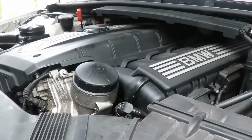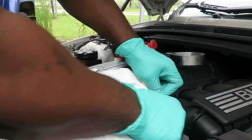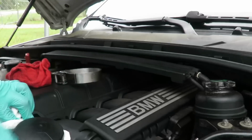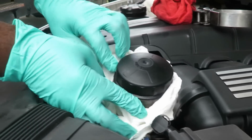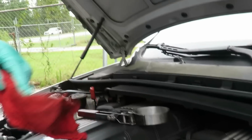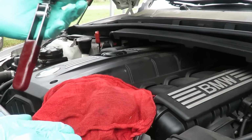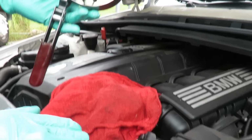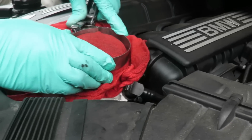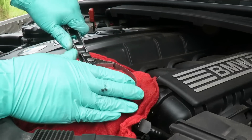So check it out. What we're going to do is first, grab a bunch of paper towels or some old rags, and you want to stick it down around the sides because it will leak some oil out of there. So you just want to get it tucked in like that. Then you want to take your nice rag, place the rag over the oil filter cap, and take your standard size oil filter wrench. Now these wrenches come in a set, the big one and a little one. Get the big one. You want to place it down over the cap with the rag, and just like you're doing a regular oil filter, go ahead and